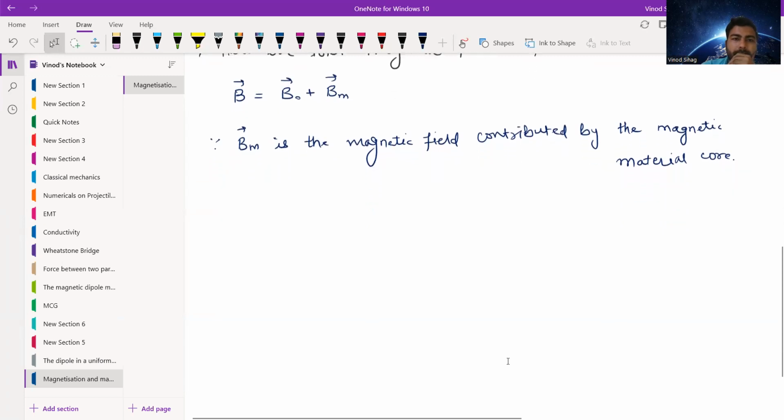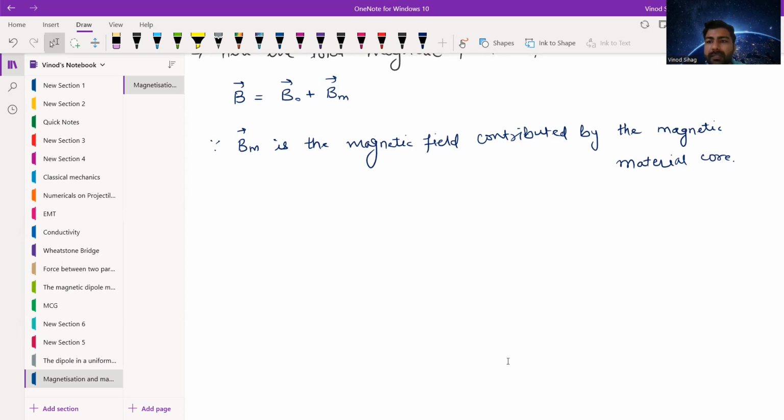Now there will be a relation between the magnetic field and the magnetization, so obviously we can write that